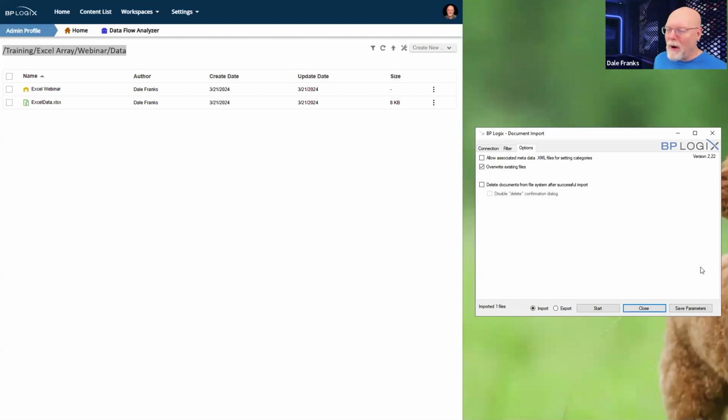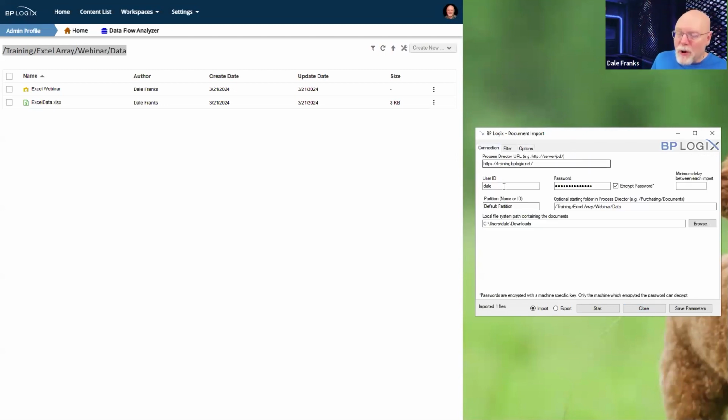But the whole point of this is trying to make this happen automatically. Right? I don't want to have to go and manually import all of my data. And so far, all we've been doing is manually importing all of our data. I want to stop that. So I do have to open up BP Import, and I do have to do all of this configuration. Kind of important.